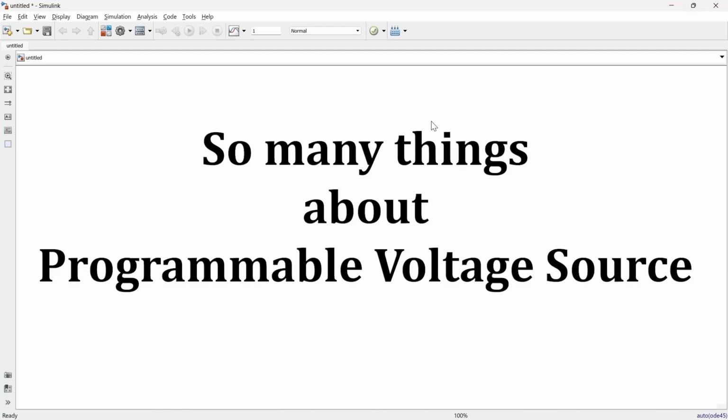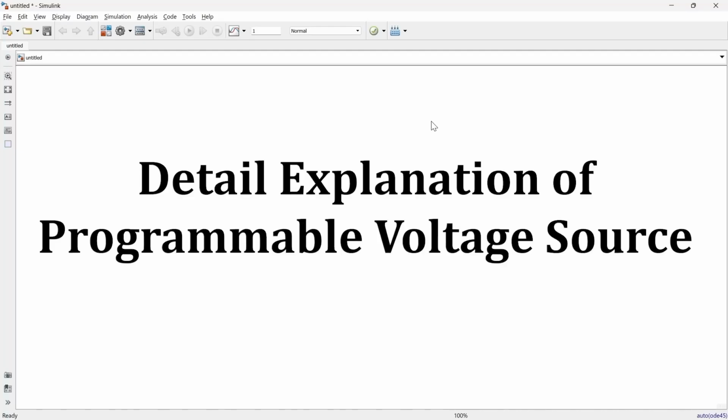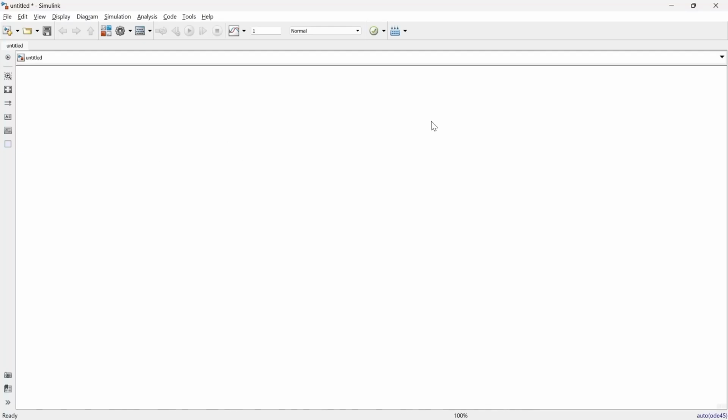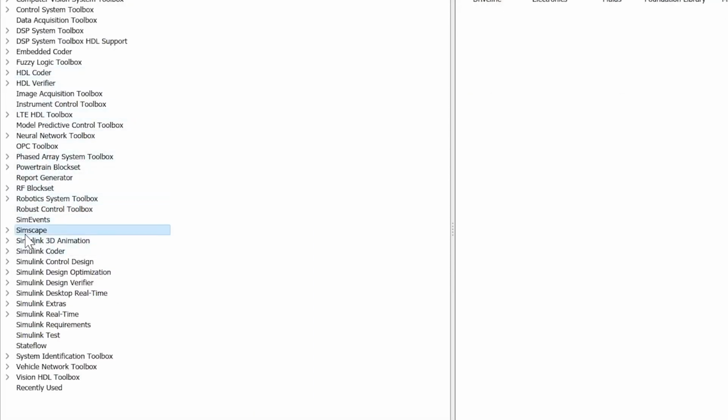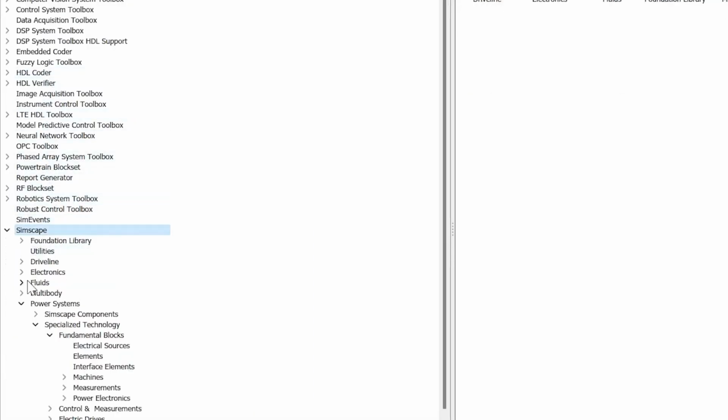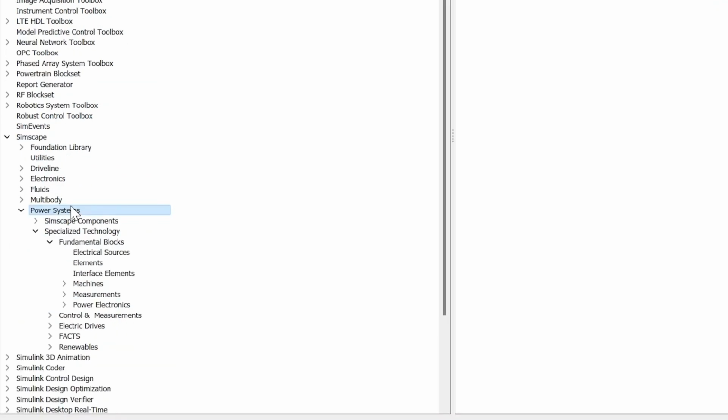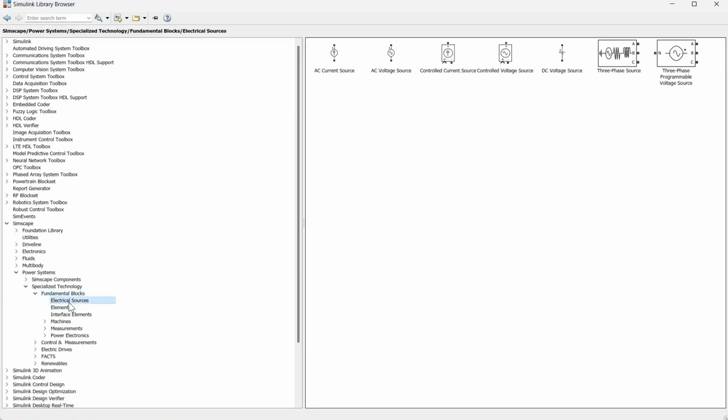How to implement or utilize the three-phase programmable voltage source in MATLAB Simulink. So first let's get the voltage source, and for that we'll go to the library. In the library we'll go to SimCaps, then power system, and in power system we'll go to specialized technology. In specialized technology we'll go to fundamental blocks, and in fundamental blocks we'll go to electrical